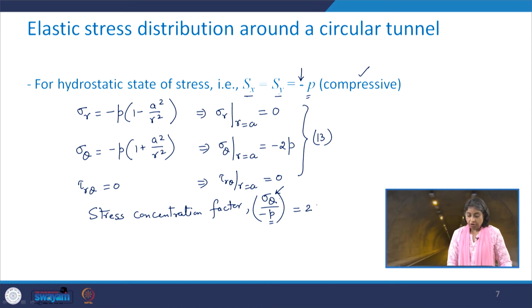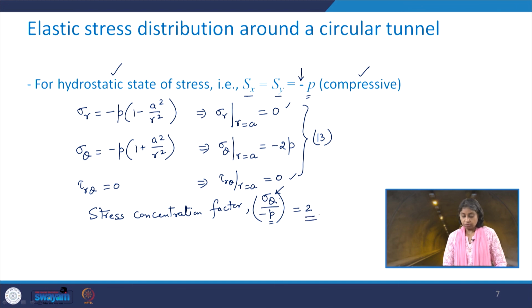So, for the hydrostatic state of stress, see what happens at the tunnel periphery: sigma r equal to 0, tau r theta equal to 0, and the stress concentration factor sigma theta upon P, with a negative sign of course,